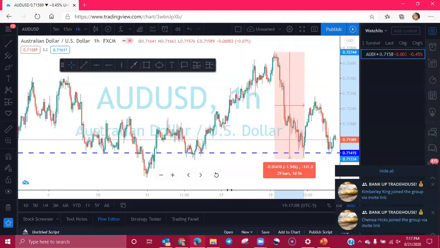Is TradingView free? Yes, you can have a TradingView account for free, but I will tell you, once you really begin trading consistently, you will want to upgrade because for one, those little pop-ups are going to get on your nerves. And for two, you can do a little bit more with a paid account. You can have more alerts.